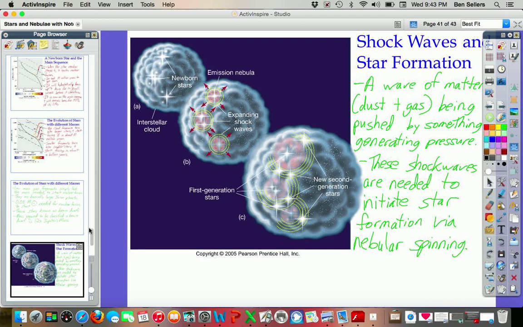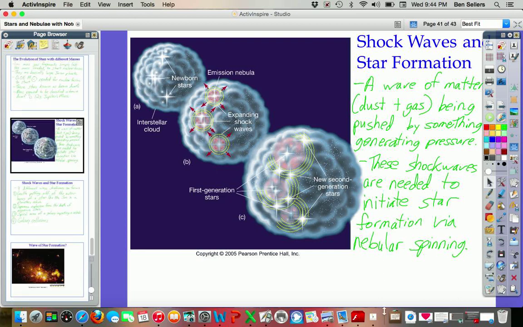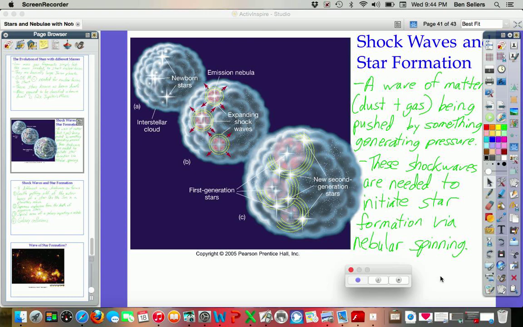So how do they start? Well, a star has to start with a shock wave within a nebula. Caused by what? Well, that's kind of a question mark. We have some things that we think cause it, but what exactly caused some of the early stars is kind of up for question, right? Could it possibly be a shock wave from the Big Bang? Anyway,